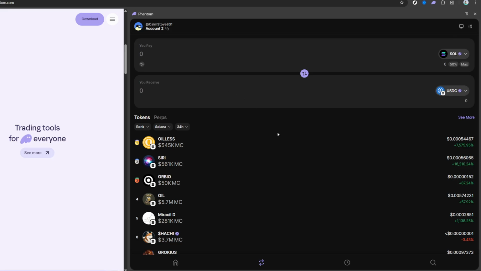If you find that your SOL balance is low, consider reducing the amount you wish to swap slightly. This adjustment ensures that some SOL remains in your wallet to pay for transaction fees, preventing further errors during the